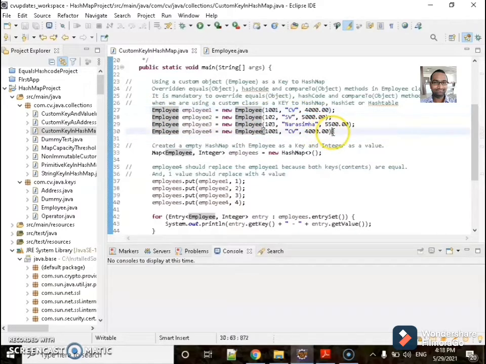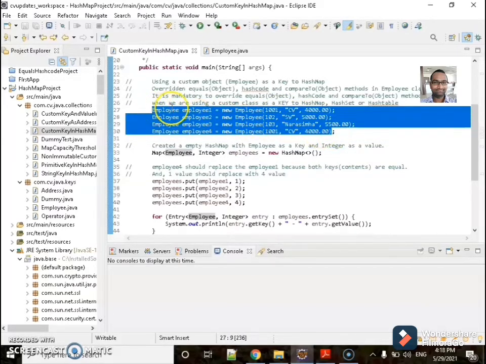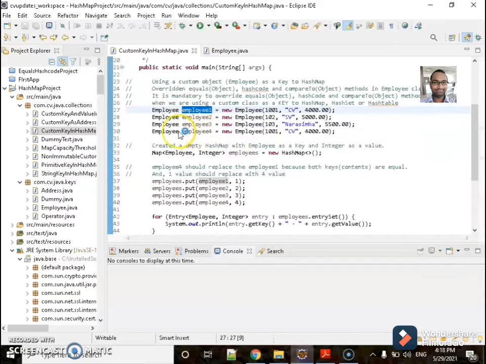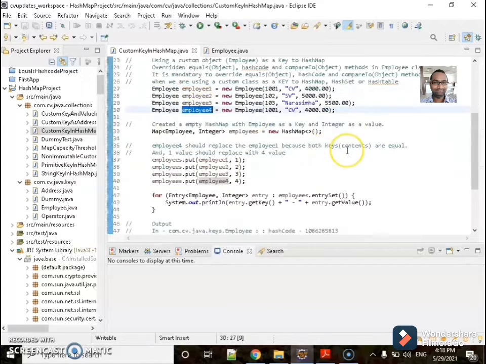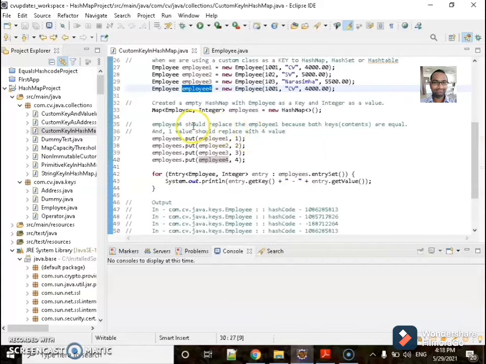Among these 4 objects, employee 1 and employee 4 are equal objects. Let's see what happens. Here I am putting all these objects into the HashMap. Here is the comment: employee 4 should replace employee 1 because both keys are equal, so the 4 value should replace the 1 value.